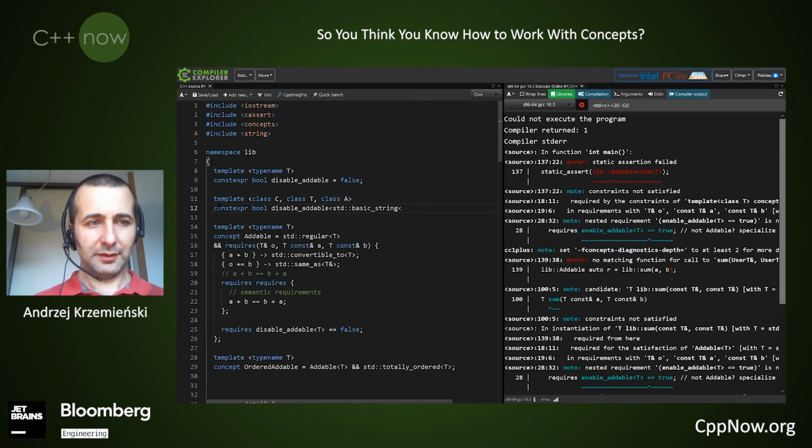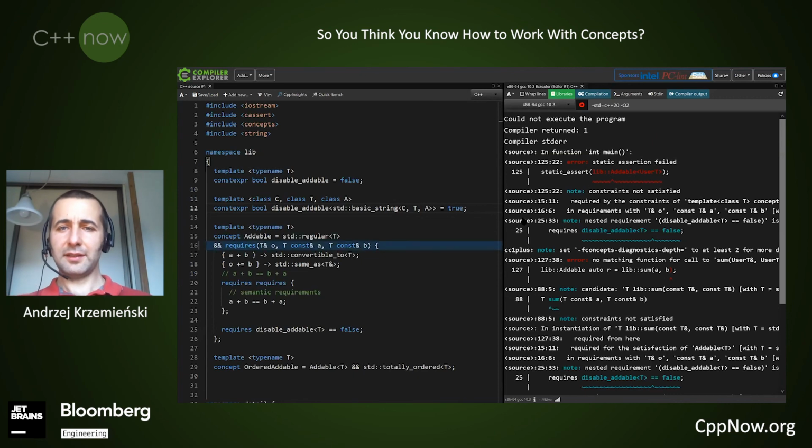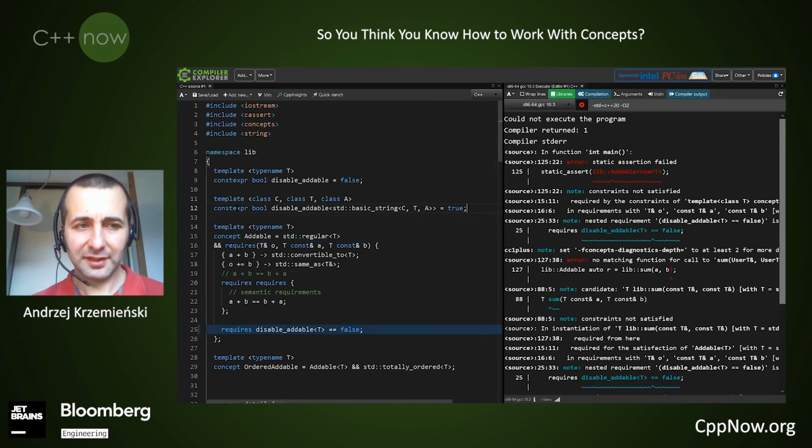Basic string of character traits allocator. Let's test it. Yeah, and it works again, except that there is less specialization.